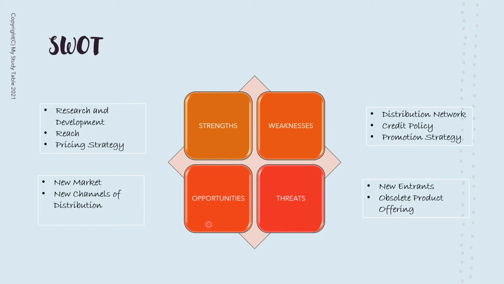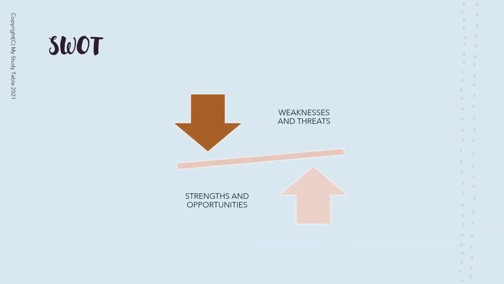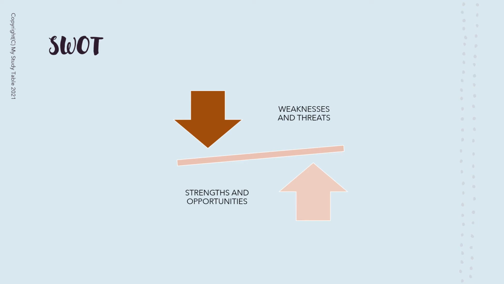Opportunities are something which the organization needs to choose based on their own capabilities. Threats, the company needs to understand or rather prioritize all the threats and obviously work towards eliminating or at least mitigating them. At the end, the organization should make sure that the strengths and opportunities outweigh the weaknesses and threats.